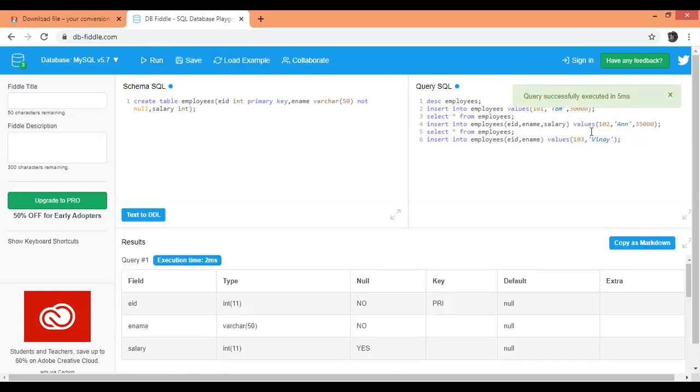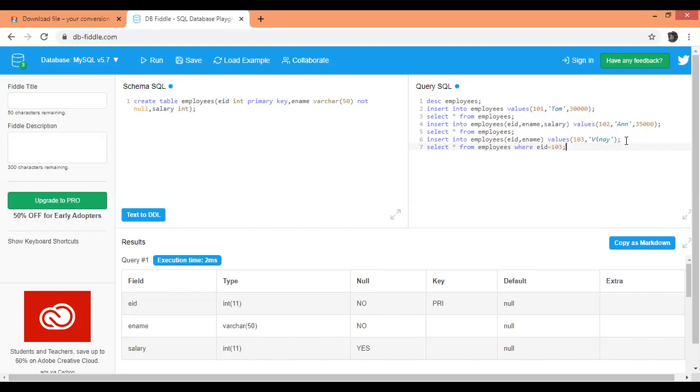Executed successfully. Now I want to check what value has been inserted. So select star from employees where EID equal to 103.